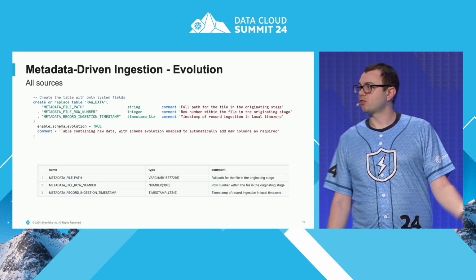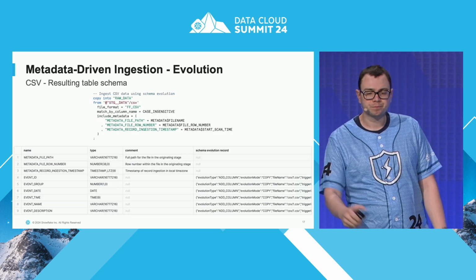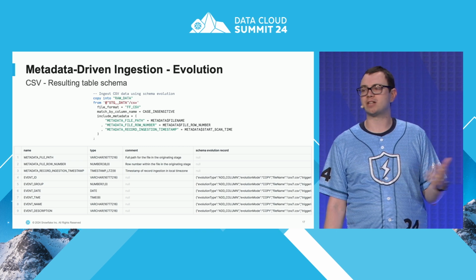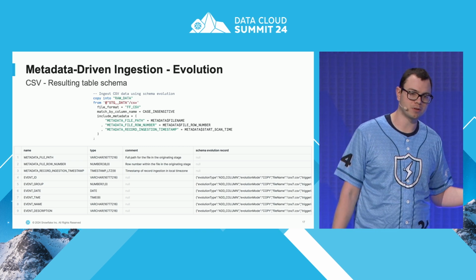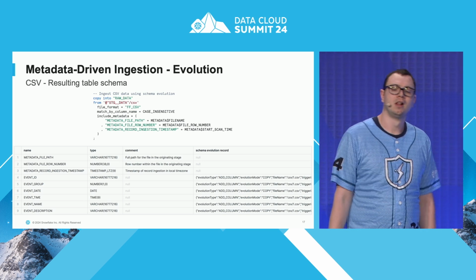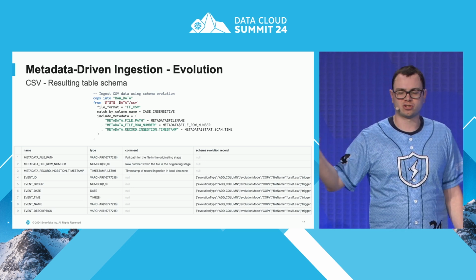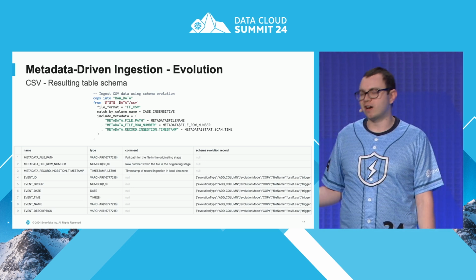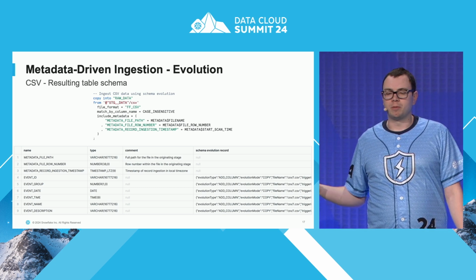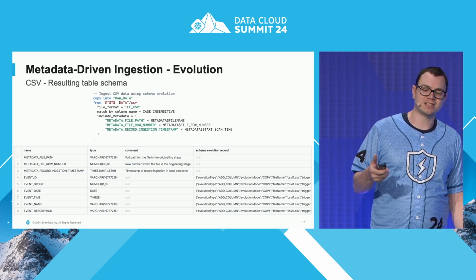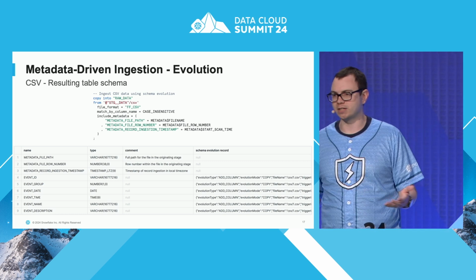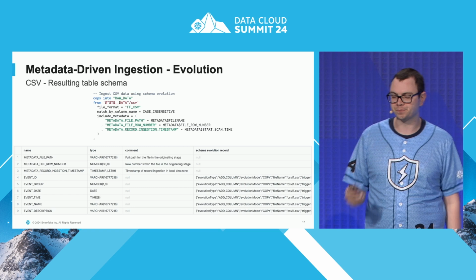If we skip ahead and start ingesting our CSV file, we use a standard copy into statement, and we again use this match by column name. The match by column name, as I mentioned before, is what tells Snowflake to understand that metadata and ingest it. I've also got include metadata just because I love that functionality. It's relatively new in Snowflake and it's really useful. You can see in the screenshot at the bottom that it automatically added that event ID, group, date, etc. Those fields have been added to our table without us needing to do it ourselves.